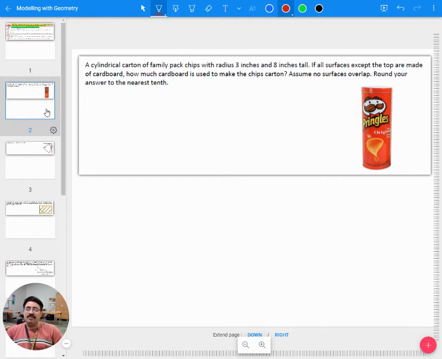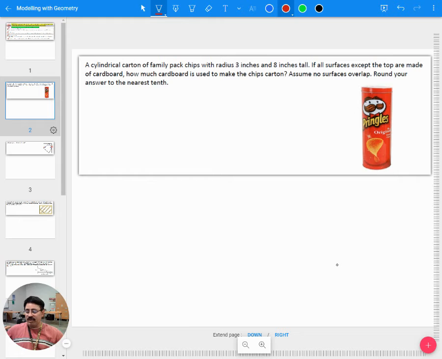A cylindrical carton of family pack chips with radius 3 inches and 8 inches tall. If all surfaces except the top are made of cardboard, how much cardboard is used to make the chips carton? Assume no surface overlap. Round your answer to the nearest tenth. I don't have a chips tin right now, but instead I have one cylinder. So here the question is